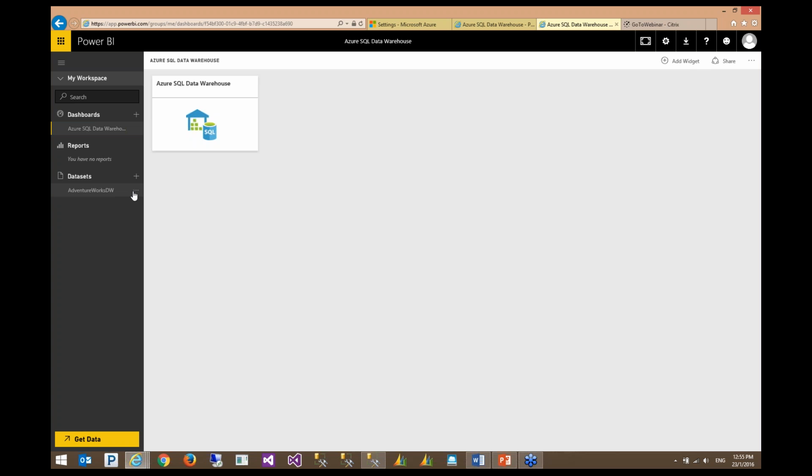But to do that, you need to install Personal Gateway, or if you want to do that for an enterprise level, you need to install Enterprise Gateway. Both gateways are available online in Power BI service, and you can do that here. Power BI gateways. You can click on this, and I'm going to open it in a new tab.